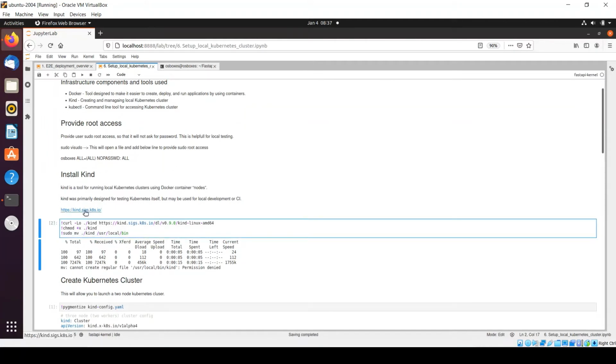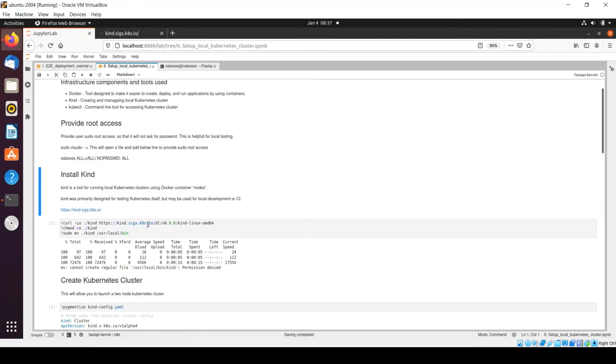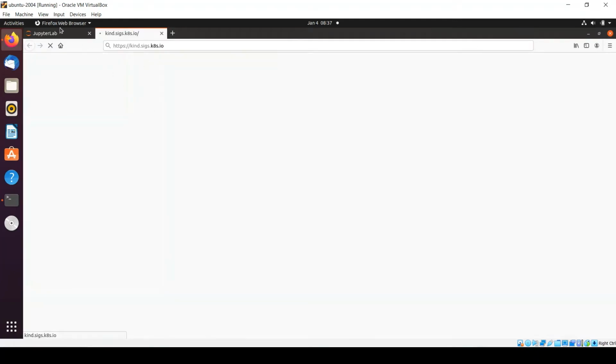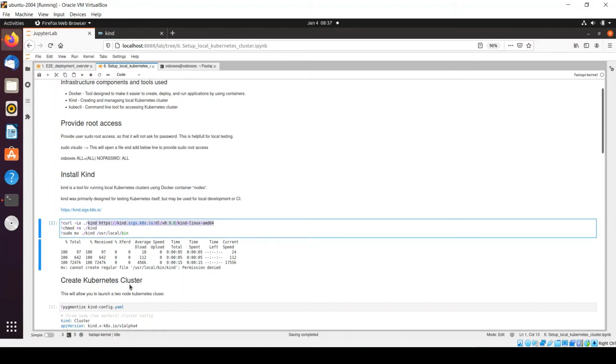You need to go to this link, and you can find the details required for installing Kind within your Ubuntu or Linux environment. I have taken that reference from the Kind official documentation.